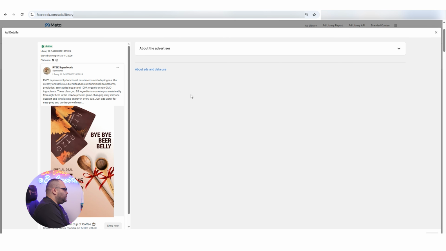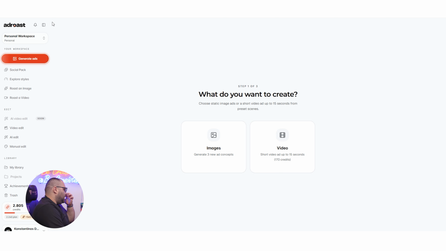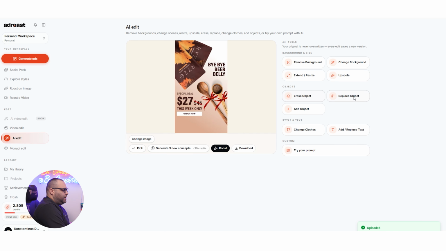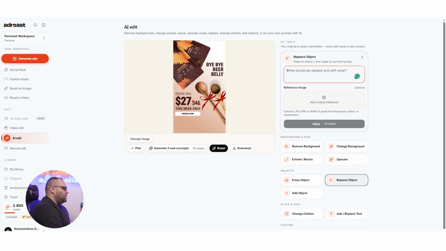Now what we're going to do is, first of all, let's say that we are going to completely copy it, and we have the same offer and everything. It's very simple, guys. You just come here, go to AI edit, and choose a file. We're going to choose this file, and we're going to replace the object. Okay, so replace the